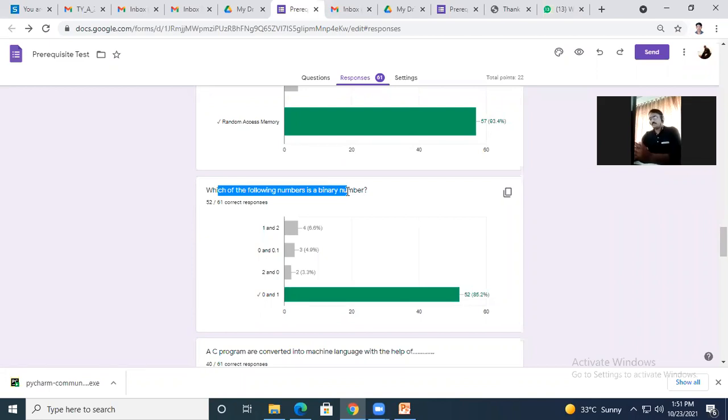Now you may be worried, because of what you see here, which of the following numbers is a binary number? See, the computer doesn't know about this. For every letter, for W, there are some ASCII values associated, and these ASCII values are again converted into zeros and ones.